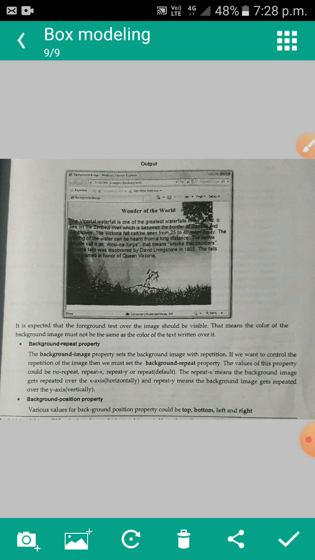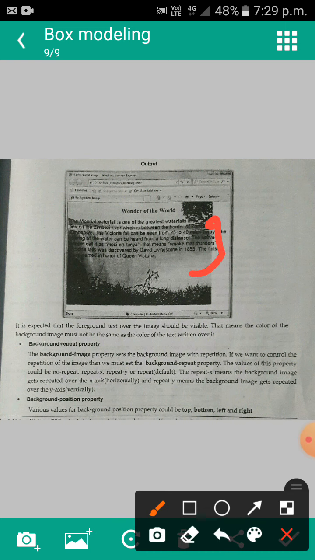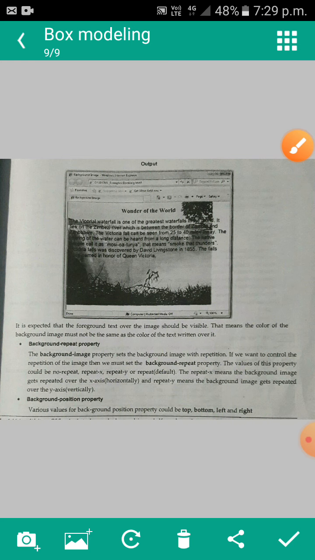That means the color of the background image must not be the same as the color of the text. If you want to make the text visible, the colors should be different, so we can give a color to our text. Otherwise the text, as displayed now, is not visible.